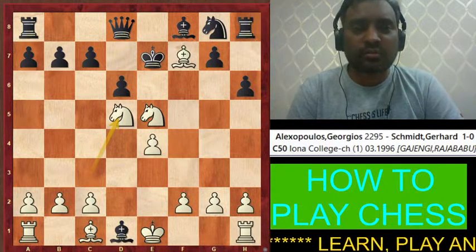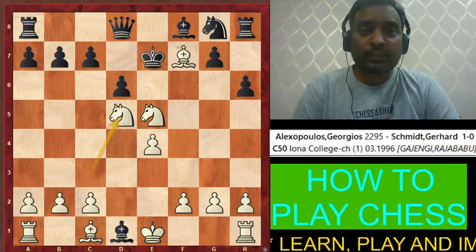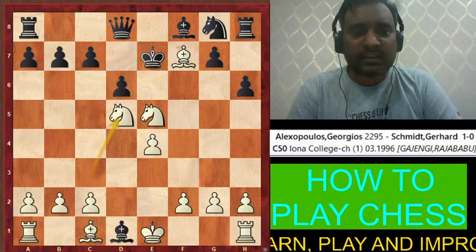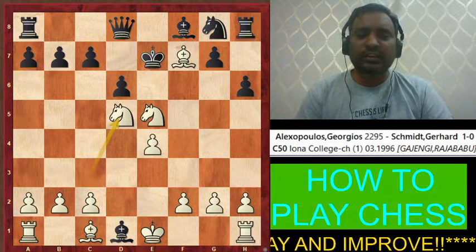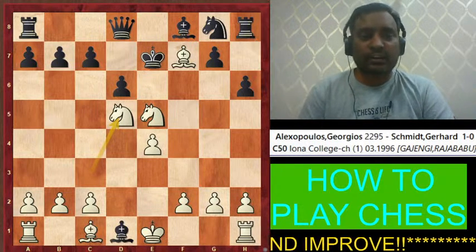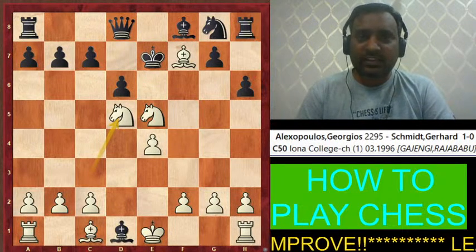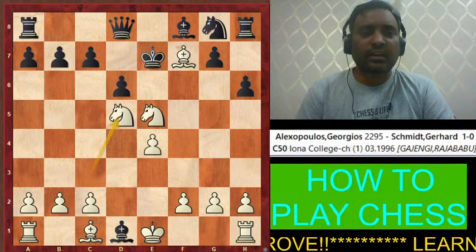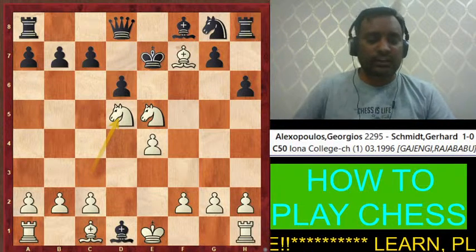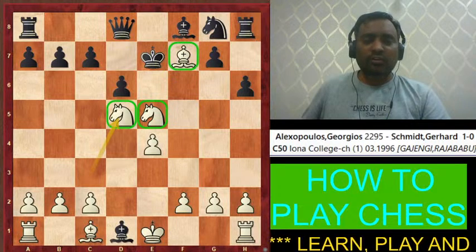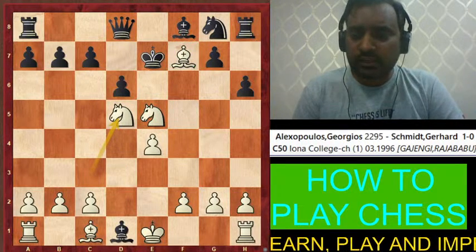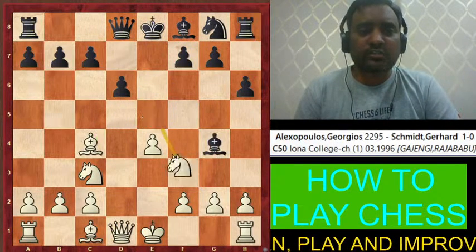Okay, so you got surprised at how the black king got checkmated. This is called a legal trap, or legal mate, where white sacrifices his queen and checkmates the opponent using two knights and a bishop. Okay, so this is possible.